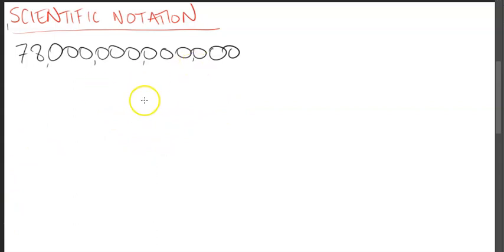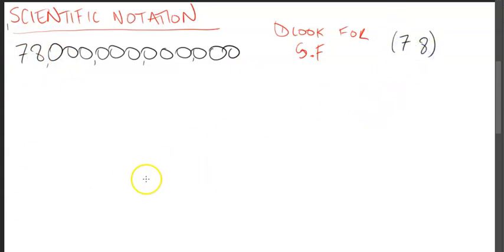Now, the first thing we have to do is look for the significant figures, which I'm going to just call SF. I'm going to look for significant figures, and in this case here, we have 7 and the 8. So for this example, we have 78, which is considered as a significant figure. Okay. And then the second thing we're going to do is with that 78, we're going to change